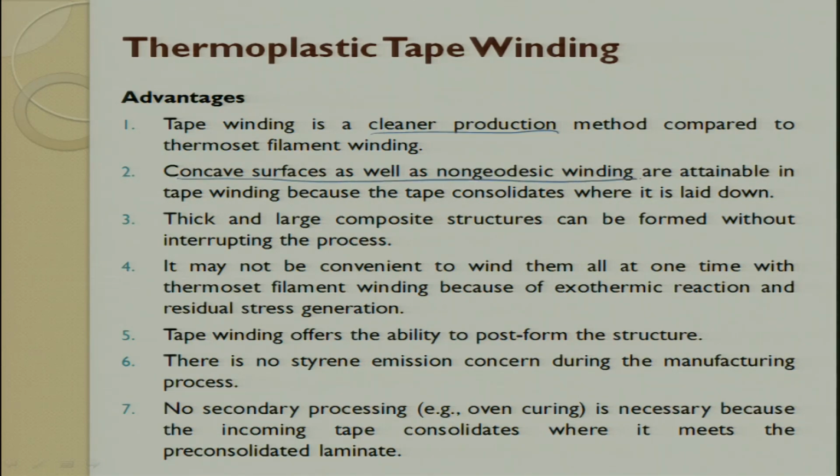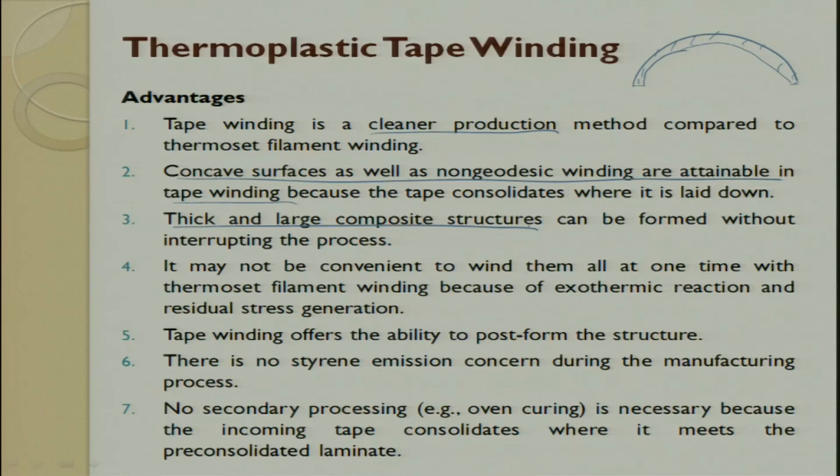The concave surfaces as well as non-geodesic winding are attained in this tape winding process. For example, geodesics, a disc like this, you can always get a concave shape or a convex shape, whatever it is. So, you can use this as a mandrel, and on this mandrel you lay the tape and you get the required output. Thick and large composite structures can be made, even a meter long components are being made, 10 meter long pipes have been made, people have demonstrated it, and very complex free form surfaces also people have demonstrated, but